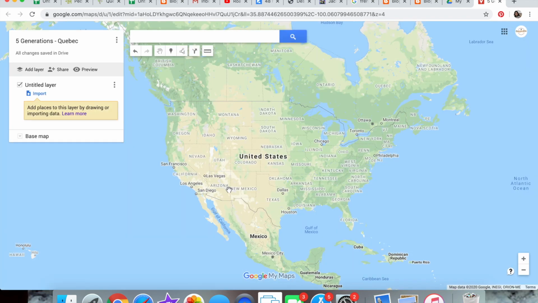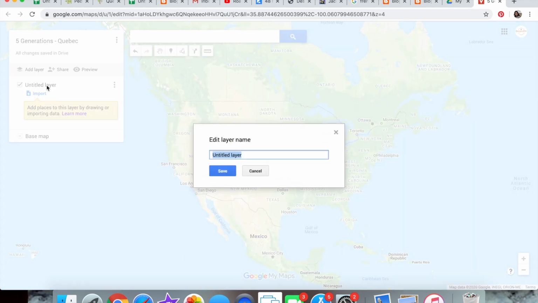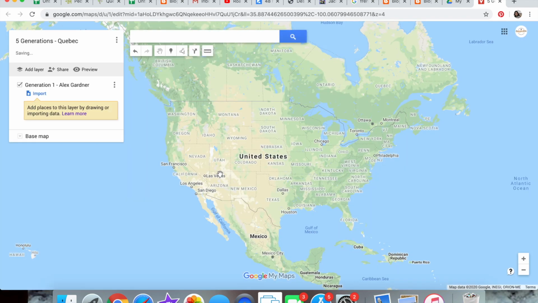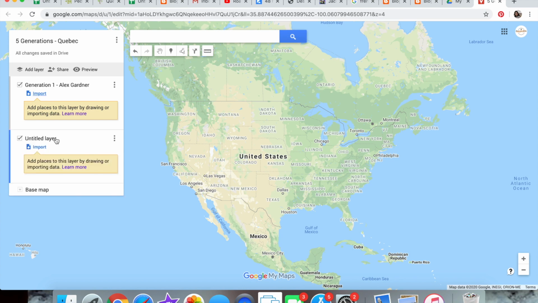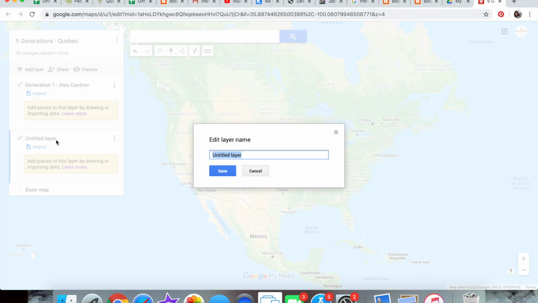And for this mapping, because I'm doing different generations, I'm going to make multiple layers. With each layer, you can separate the places by groupings. So each layer for me, I'm going to make a different generation. So layer 1, I'm going to do generation 1. I'm just going to name it Alex Gardner so I can keep track of who I'm working with. Generation 1, Alex Gardner. Then I'm going to push add a layer. Generation 2 is going to be